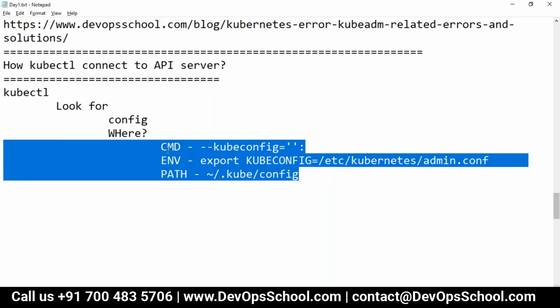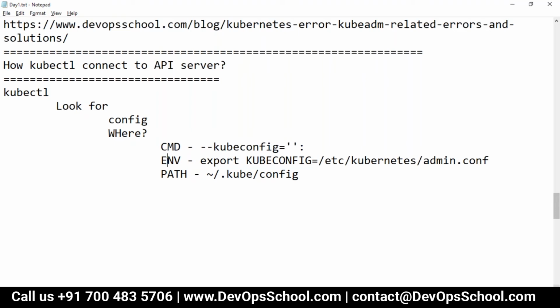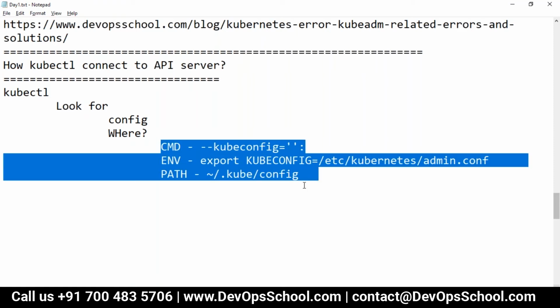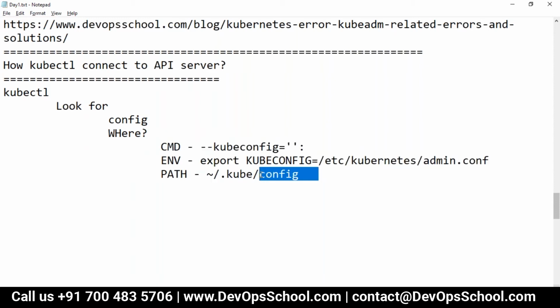Command one, and second highest will be this one, and third highest. So this is the default address. Again, typically you won't check, but I have not experienced these three places. Usually I have these places actually. Only I'm using this one. But three places you can set. It's up to you. This config file is important.